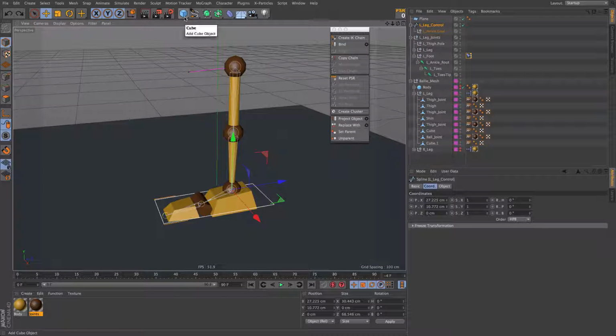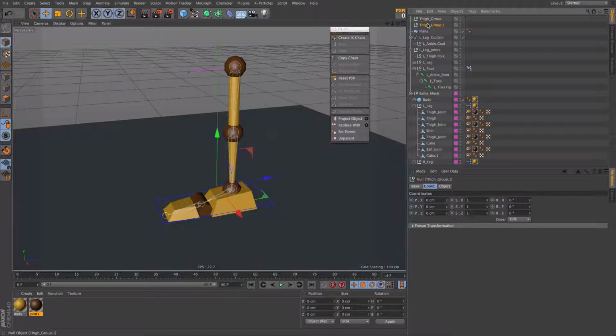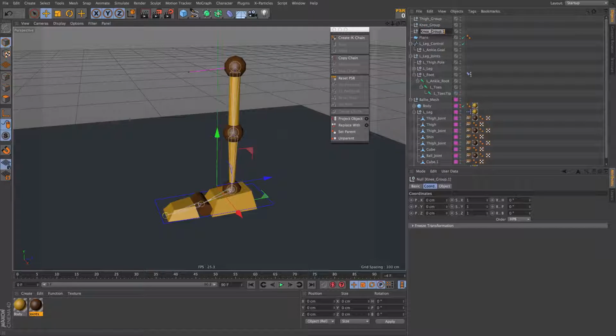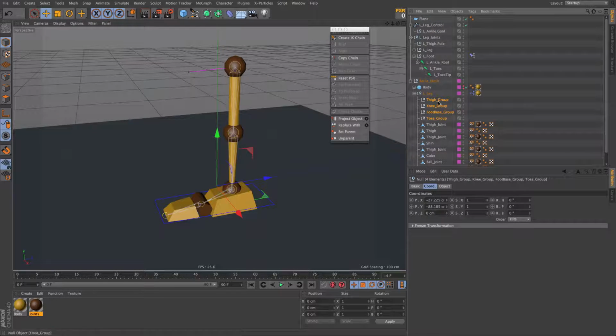I'm going to make a few nulls to do that. So we need a null for the thigh here. So this will be the thigh group. And let's duplicate this. This will be the knee group. Let's duplicate this. This will be the ankle. Actually, it will be the foot base group. So it will be just this part. And then we want the toes group. So let's take everything, put it under the mesh, under the left leg, and we're going to start constraining